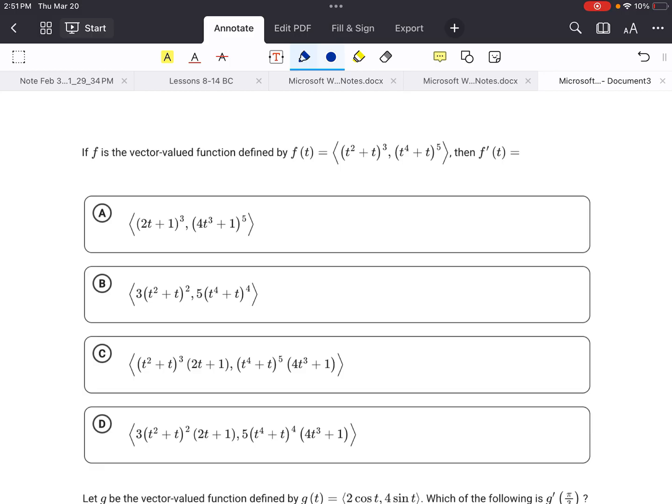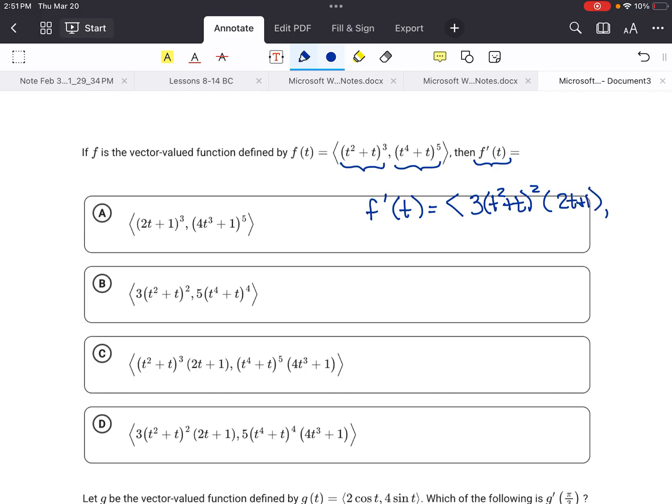Okay, this is another one. Vector valued function. What even is that? Well, y'all have had physics, so you probably know. But even if you don't, this is giving me a function for x, and it's giving me a function for y. And it's asking me to find the derivative. So even if you just had to take a wild guess about what to do here, you would probably be right. You take the derivative of the first one, derivative of the outside, leave the inside alone, times the derivative of the inside,